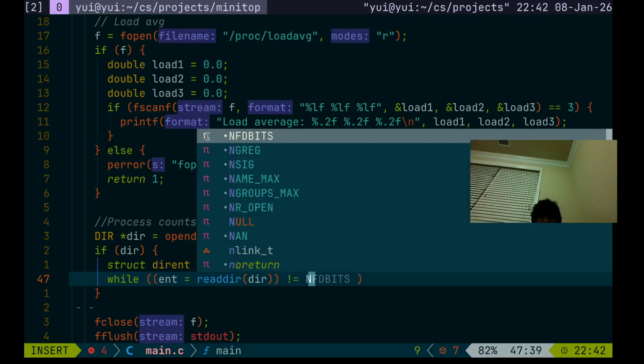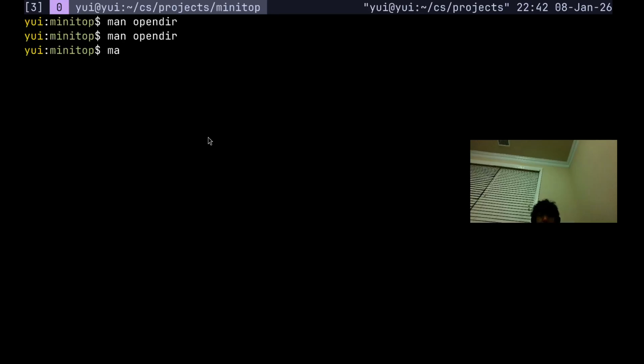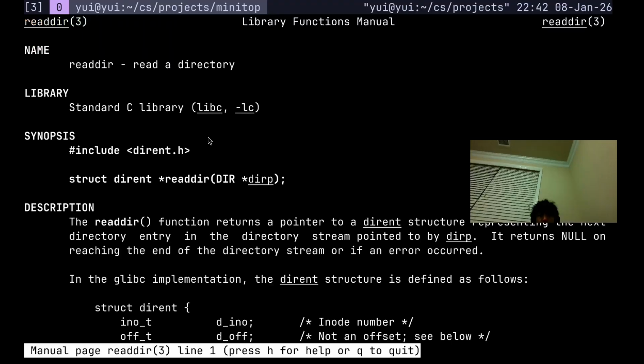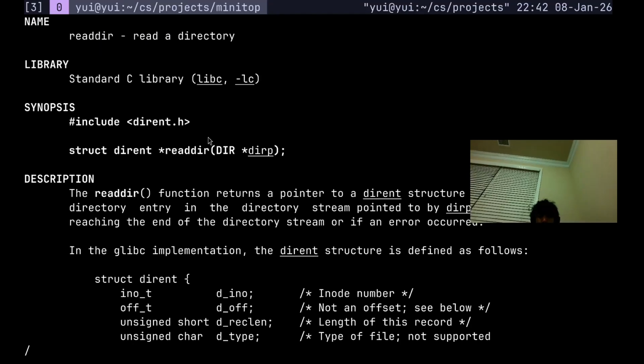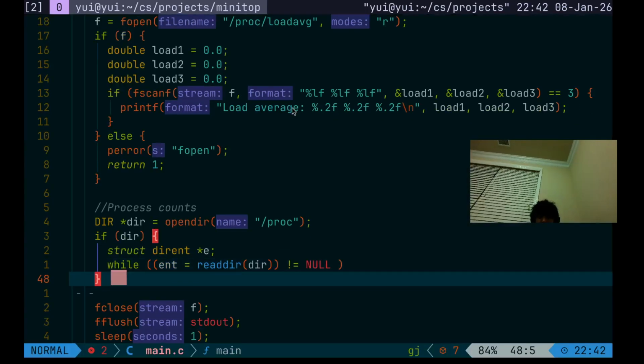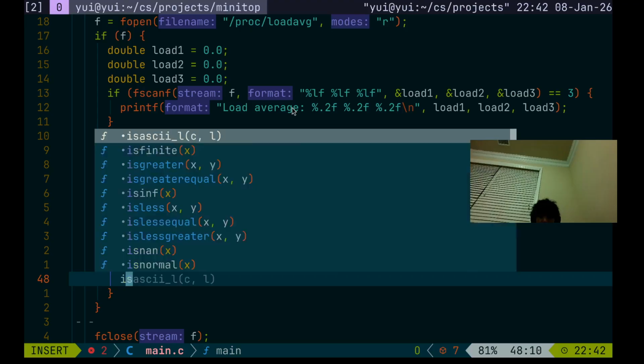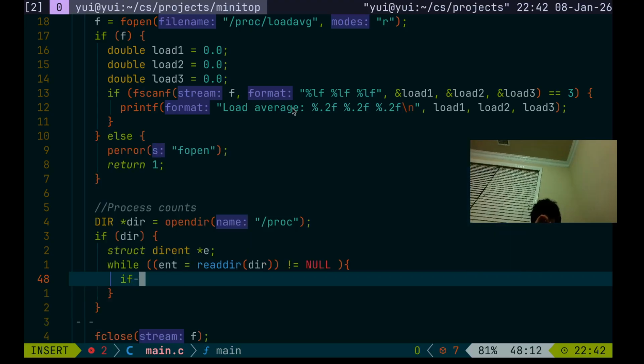It's gonna keep looping until it is null, because if we do a read directory, so return. Okay, so it's gonna return null at the end of the stream. So this is why we have a null here. That indicates that we have reached the end, that we're gonna stop looping, right? So we're gonna have some logic that we wanna compare, like we wanna see